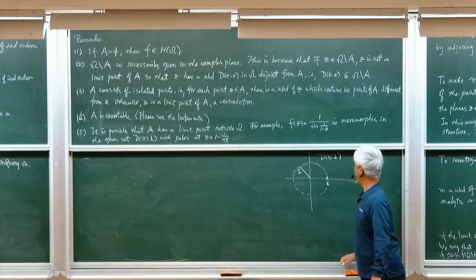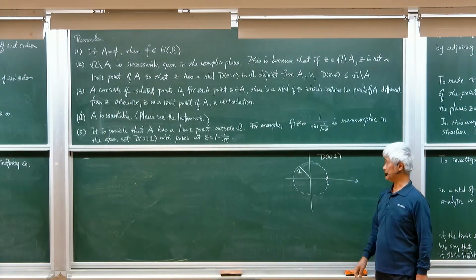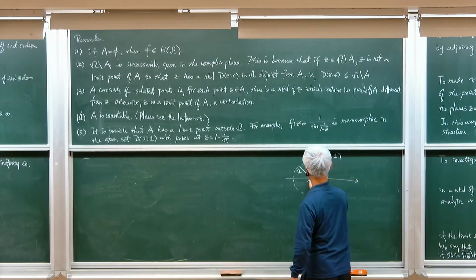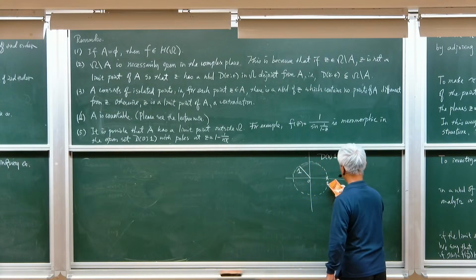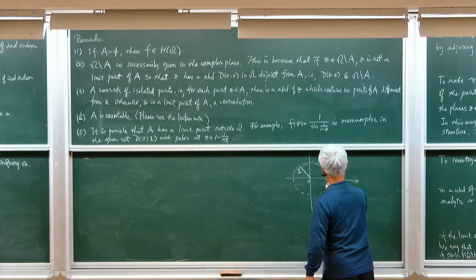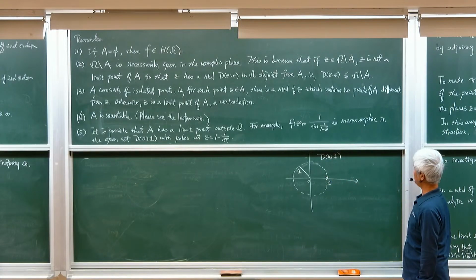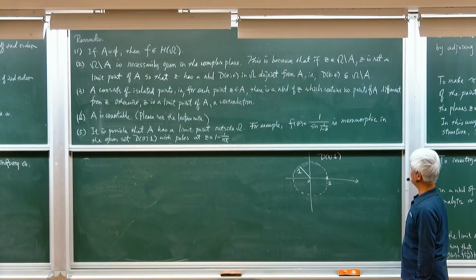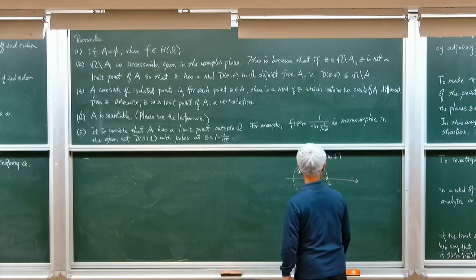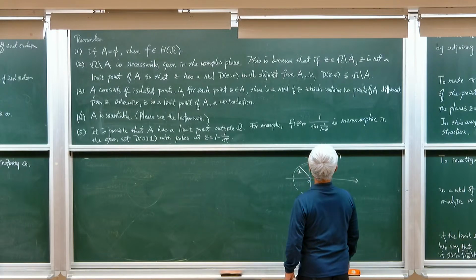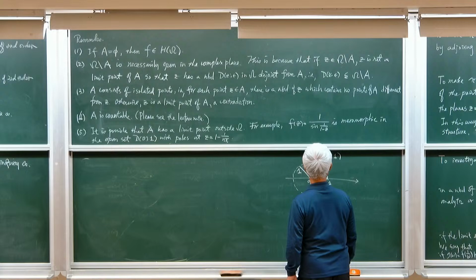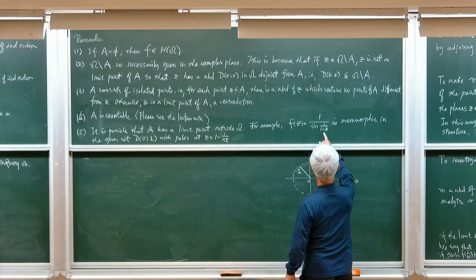So we have the open unit disk here. So this is 0. And it has a pole when